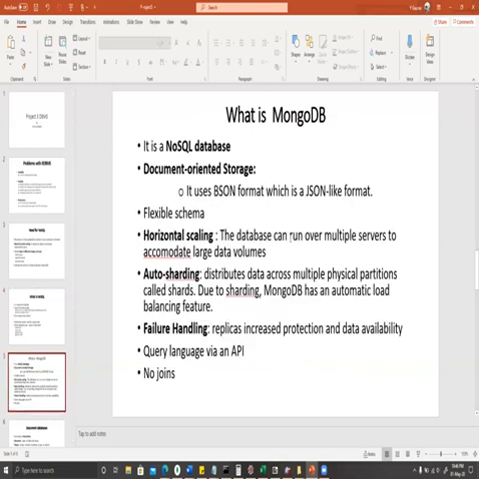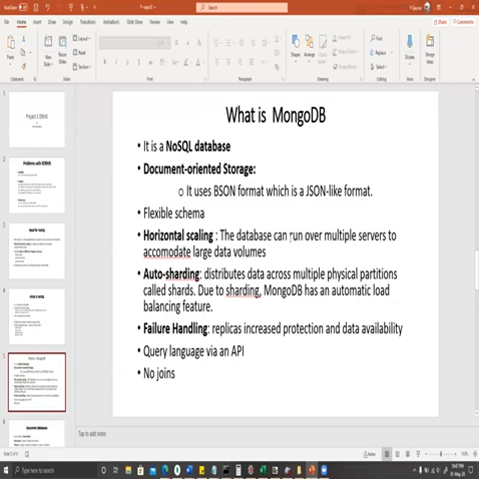What is MongoDB? It's a NoSQL database, it is document based, and it has a flexible schema. It supports structured and unstructured data types. It can scale horizontally, and it also supports auto sharding.